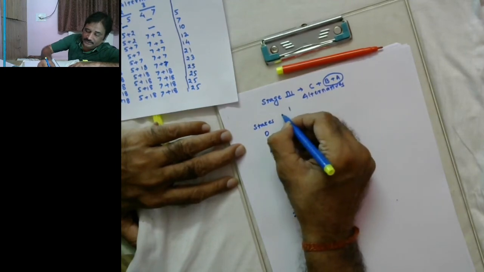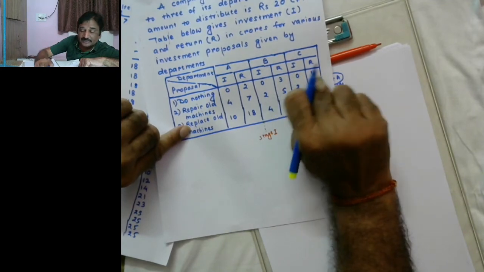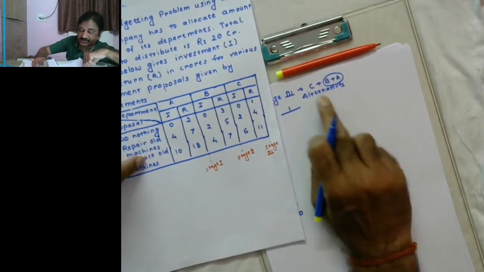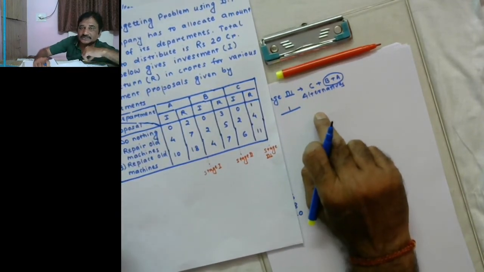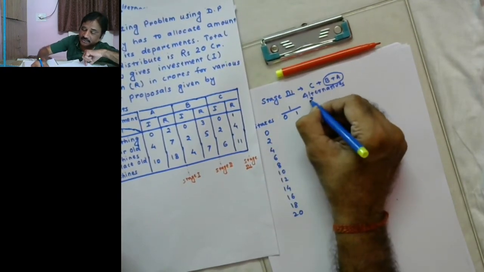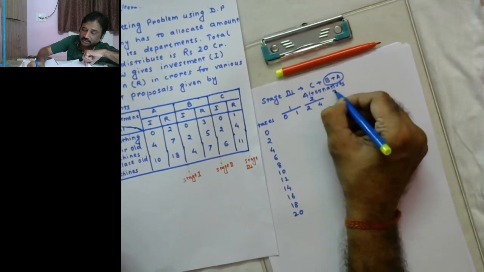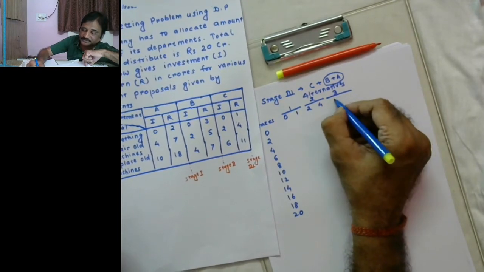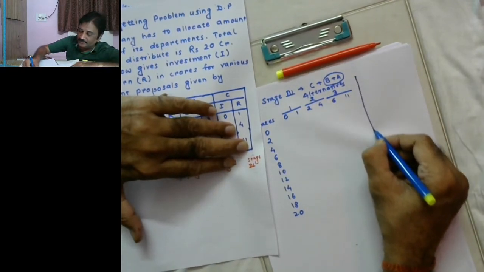The first alternative is now once again for your reference. I'll take the problem here. The 0 crore alternatives are to be taken only for department C here in the third stage, because that is for C inclusion we are carrying out this stage. 0 return is 1 crore. Second alternative is investment of 2 crore, return is 4 crore, and third alternative investment of 6 crore and return of 11 crore. And finally, we'll be interested in optimal return, right?